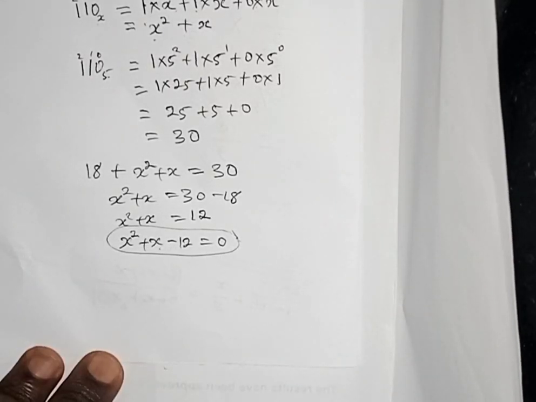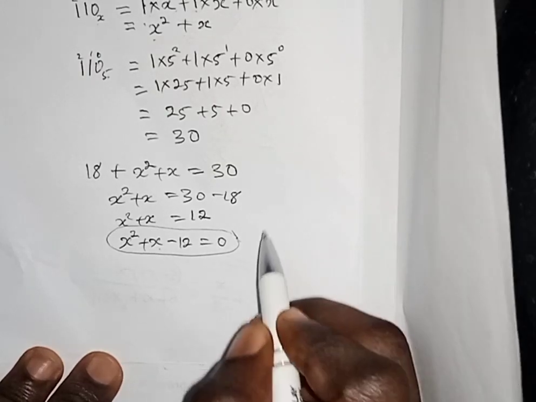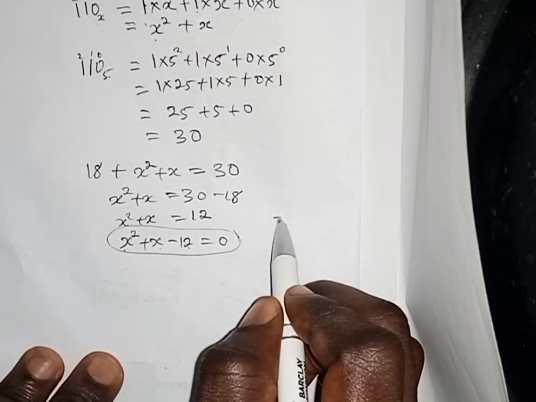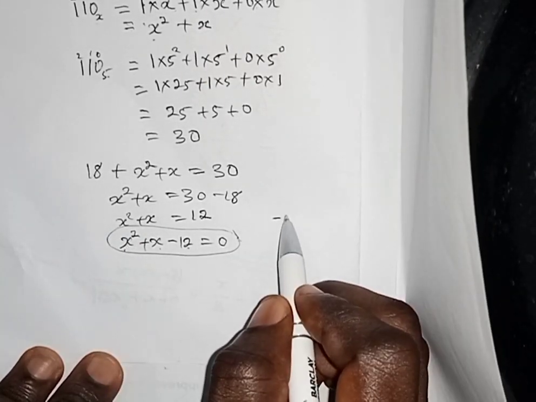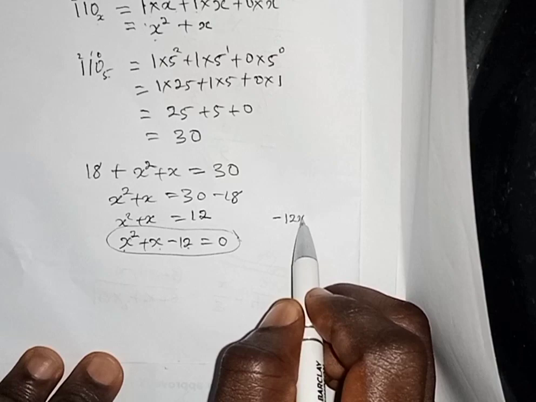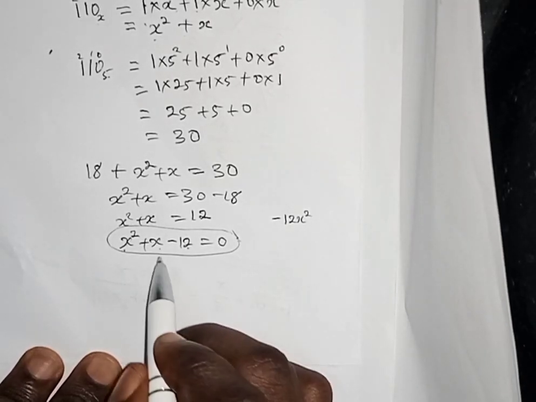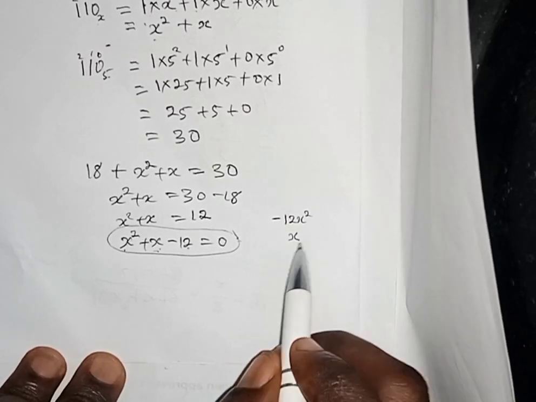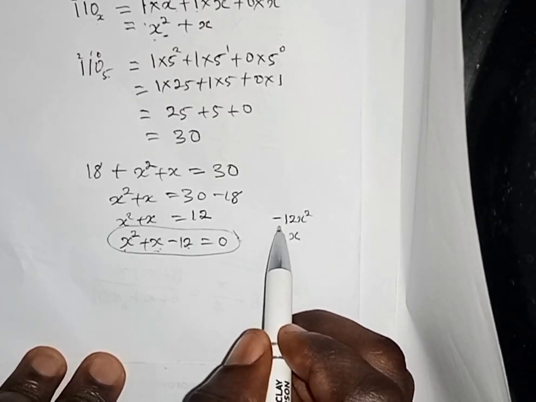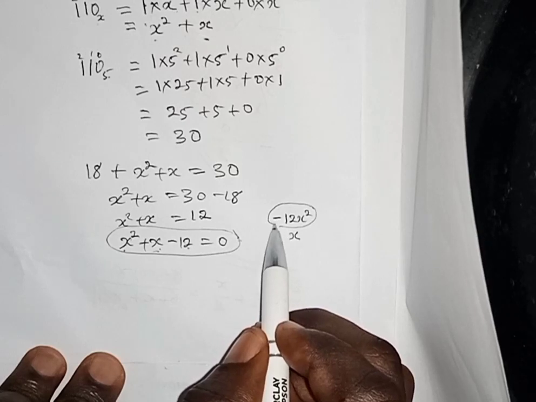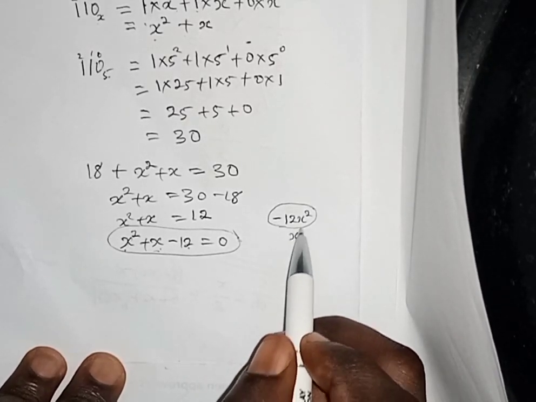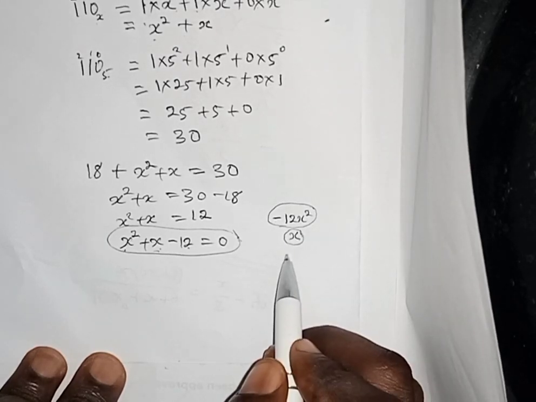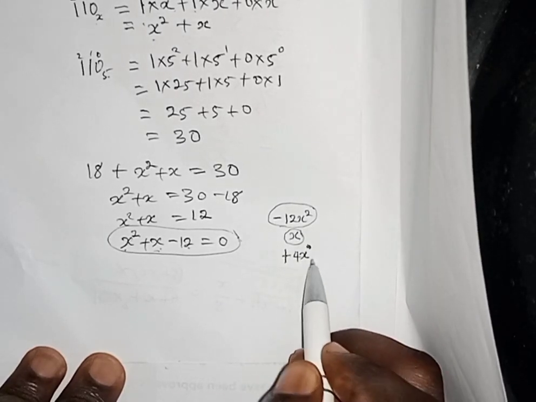What I'm going to do is factorize, and to do that I will multiply the first term by the last one. x squared times minus 12 will give me minus 12x squared, and then the second term is x. This is it right here. So I'm going to look for two factors of minus 12x squared that, when I sum both of them, will give me x, and the two factors are plus 4x and